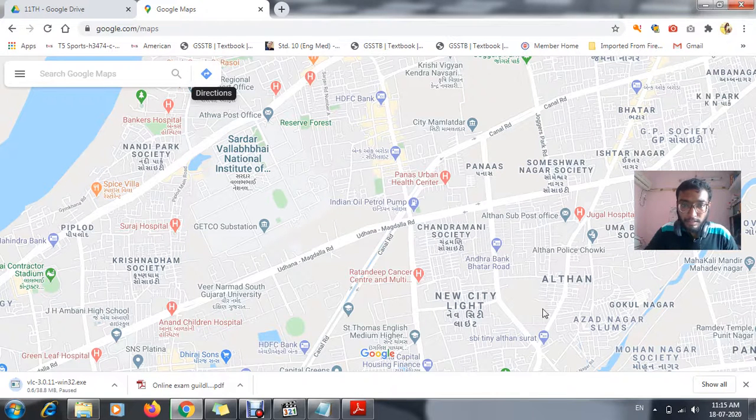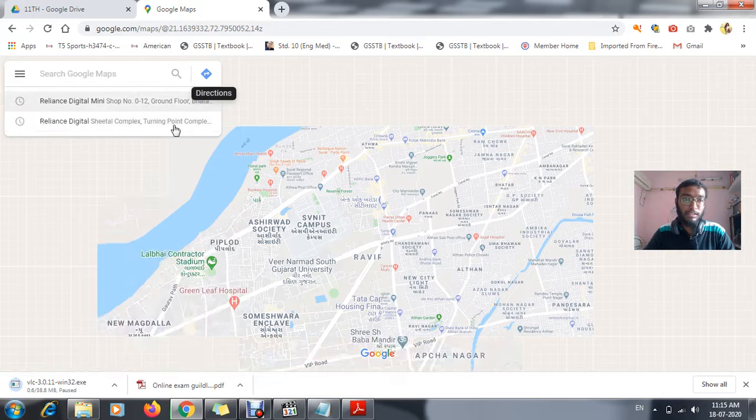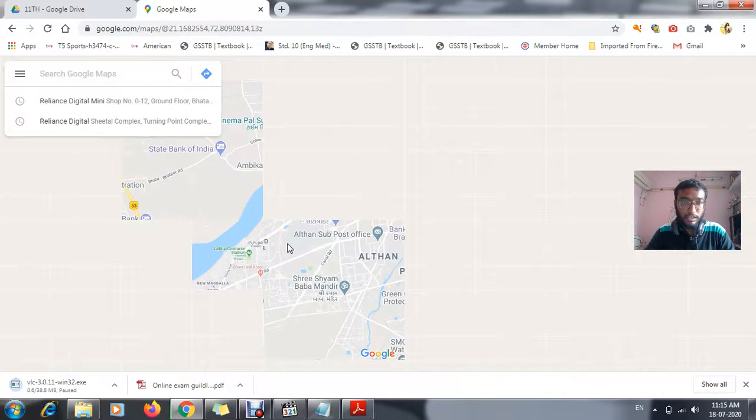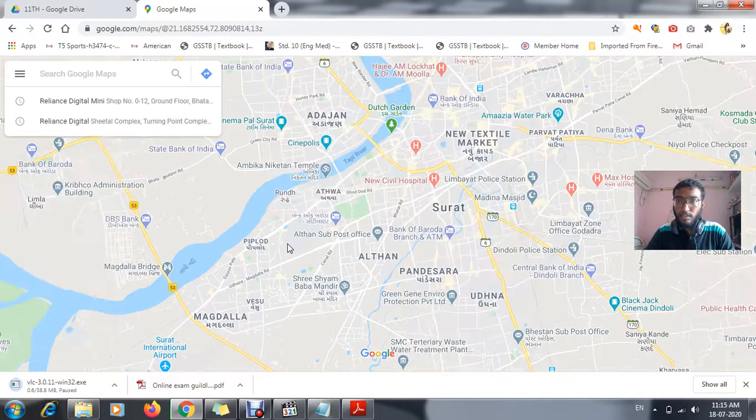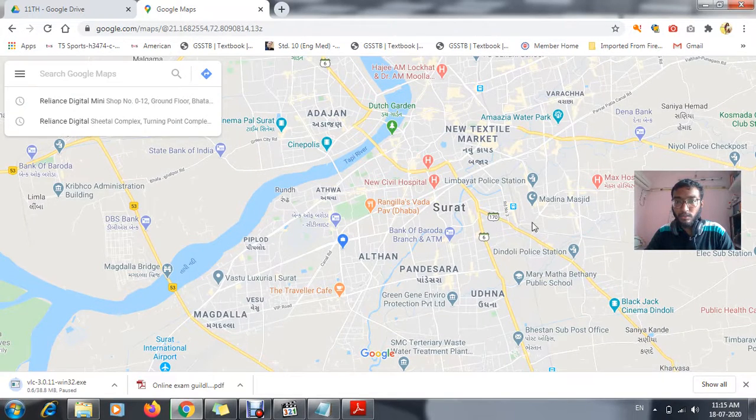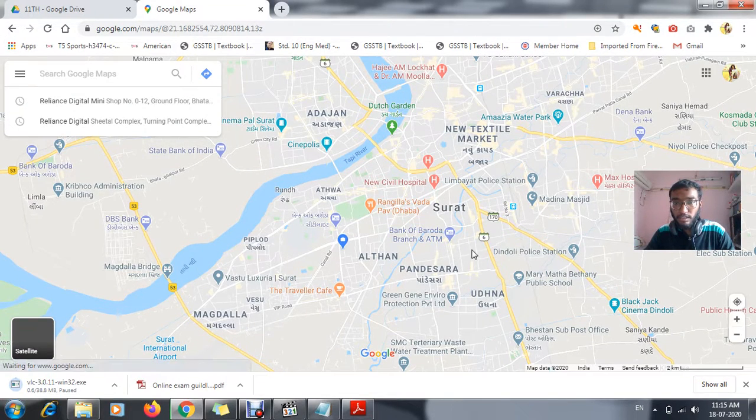Now this is my location. Can you see? I've already zoomed out. Surat, Althan, Pandesara area.